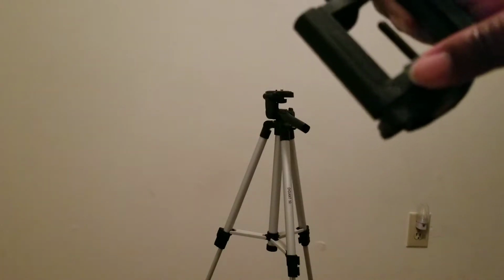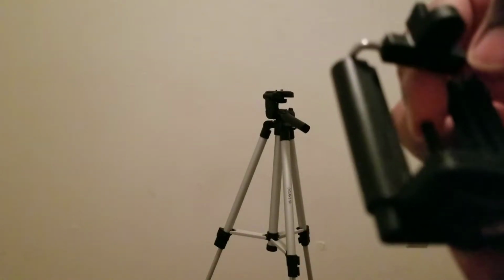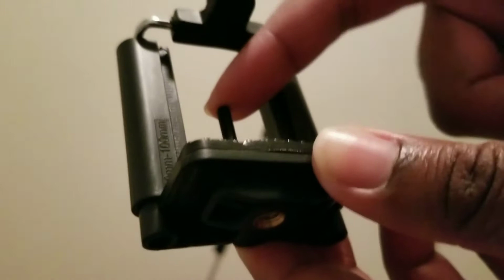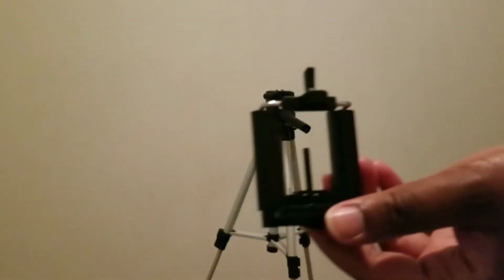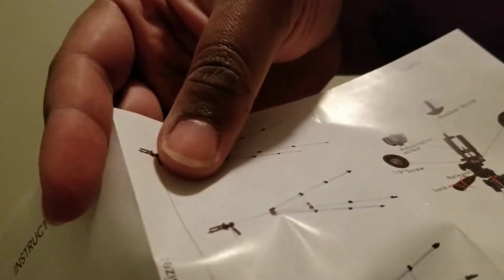So I really don't know what this is for. When we look at the instructions, or the things that they do have, because I've never seen one of these on a tripod. Normally they just have the springy thing, but I'm not sure what this is on the tripod. Let me just check and see if they have anything on this. Okay, I guess it's an adjustable screw